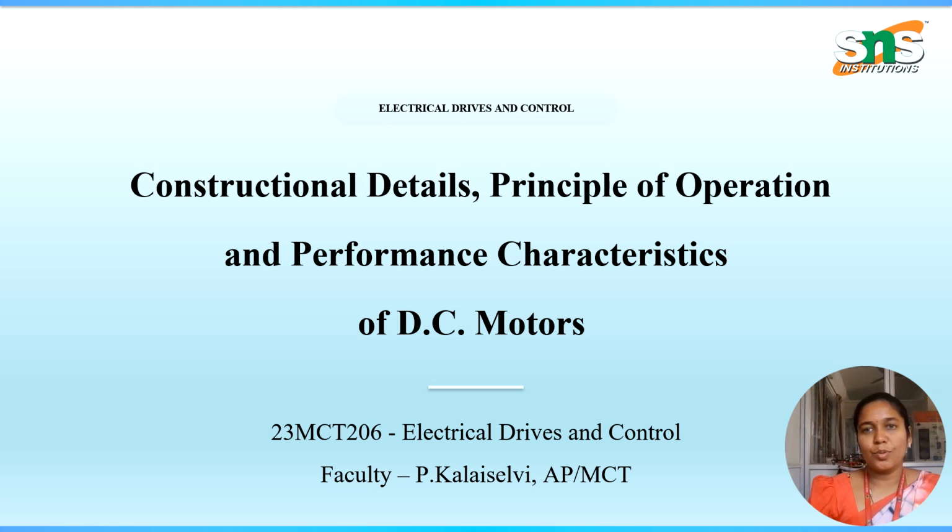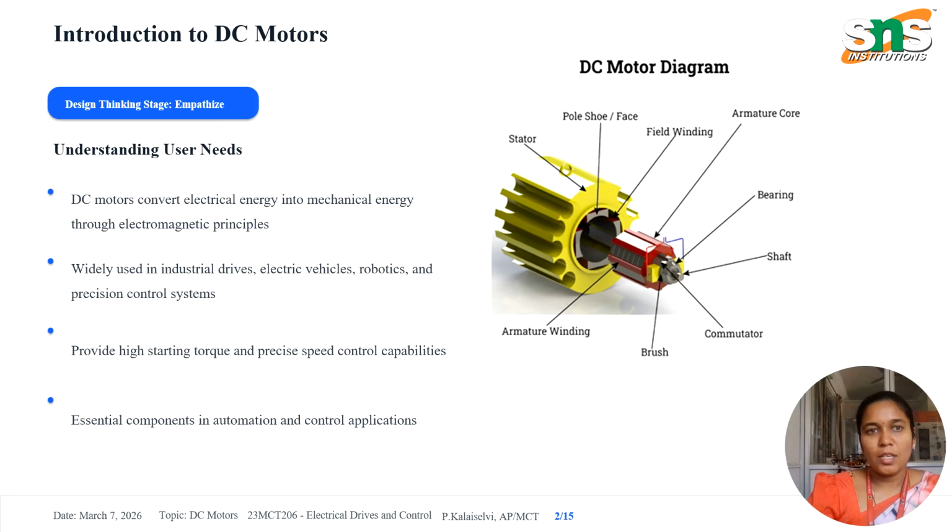Today we are going to study an important electrical machine used in many drive systems, the DC motor. A DC motor converts electrical energy into mechanical energy using electromagnetic principles. DC motors are widely used in industrial drives, electric vehicles, robotics, and automation systems. The major advantages of DC motors are high starting torque, easy speed control, and precise performance